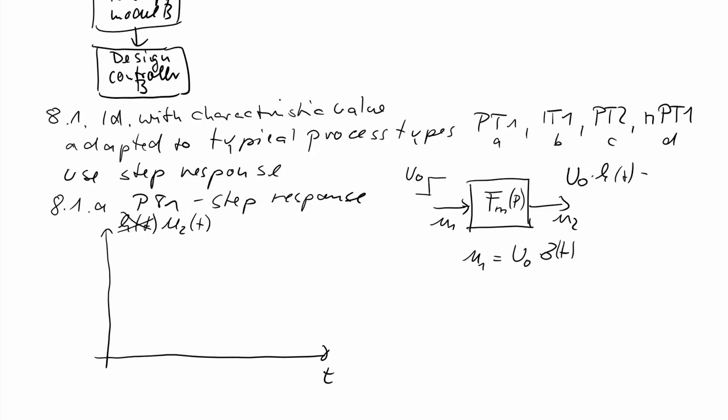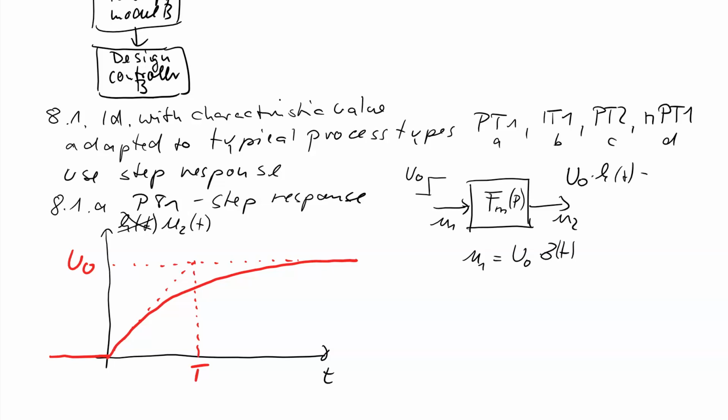Okay, let's look at the typical PT1 step response. We assume a non-delayed, offset-cleaned step response. If there is an offset signal on this curve, then of course you have to clean this measured signal by the offset value. This is the final value of the output. This is the time constant of the PT1 process. And we have the typical exponential